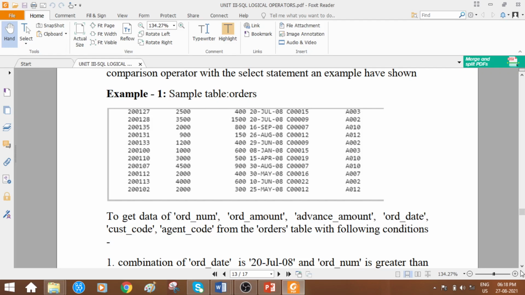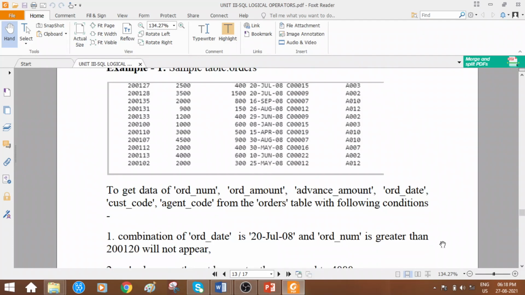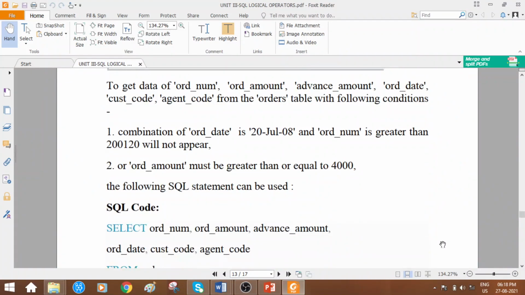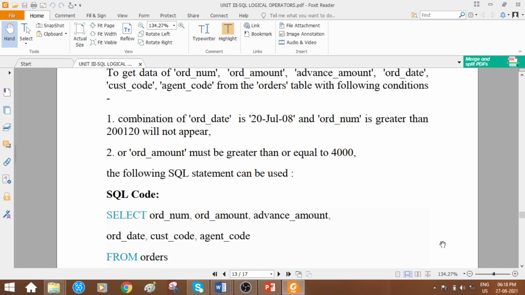So they are giving certain conditions. With what conditions does the information have to be displayed? See the condition here. Combination of order date, the order date column is 20th July 2008, and order number is greater than 200120. It means the combination of two columns, order date and order number. The order date value they have given is 20th July, and order number is